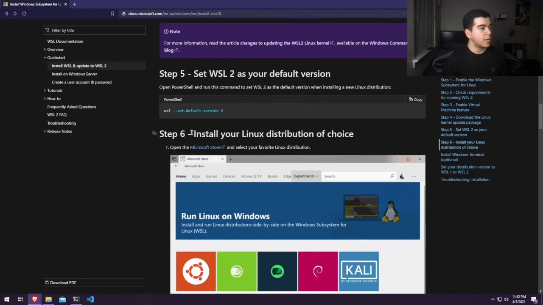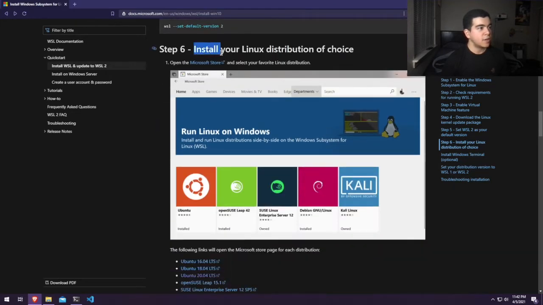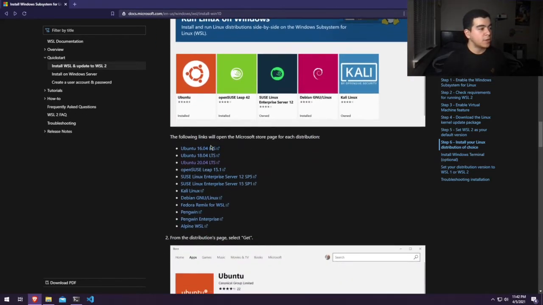And the next step, now that we've set up our WSL2 version, is to install the Linux distribution of choice. Now here we have a lot of choices. You can see here we have Ubuntu, Kali Linux, Debian. So if you have a preference, go ahead and download that preference. If you don't, I highly recommend getting the Ubuntu just because it's beginner friendly. So I'll click on the Ubuntu link,